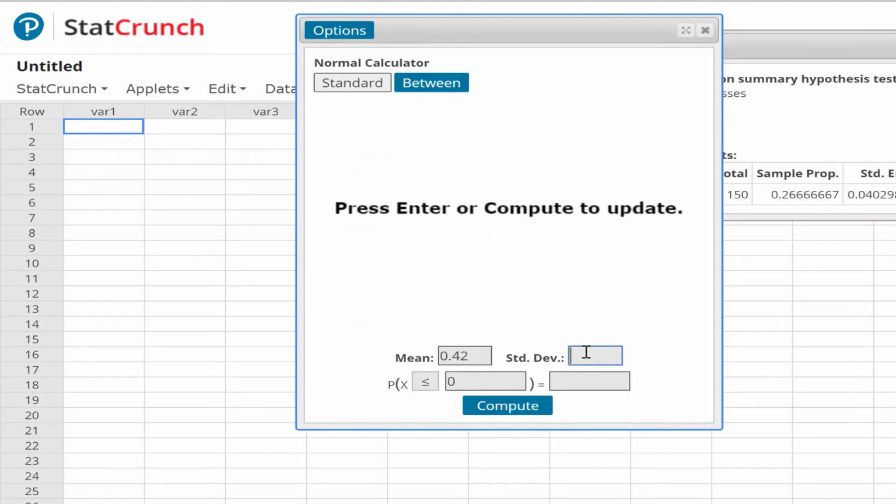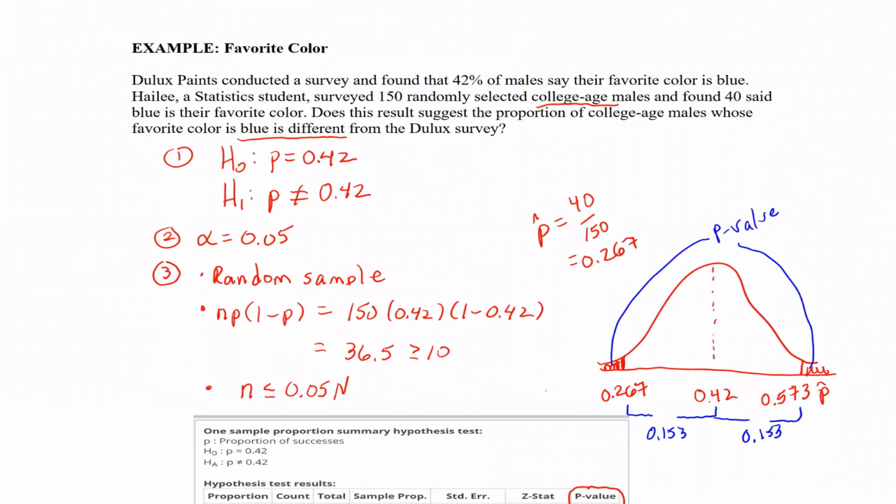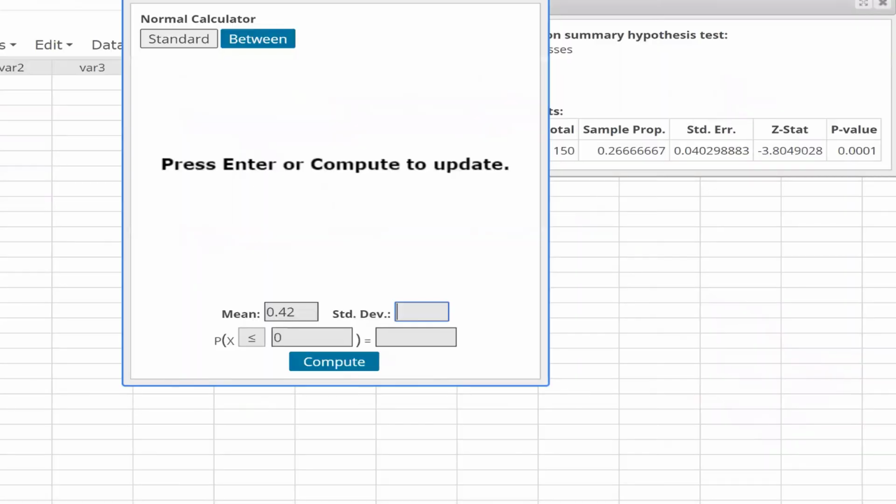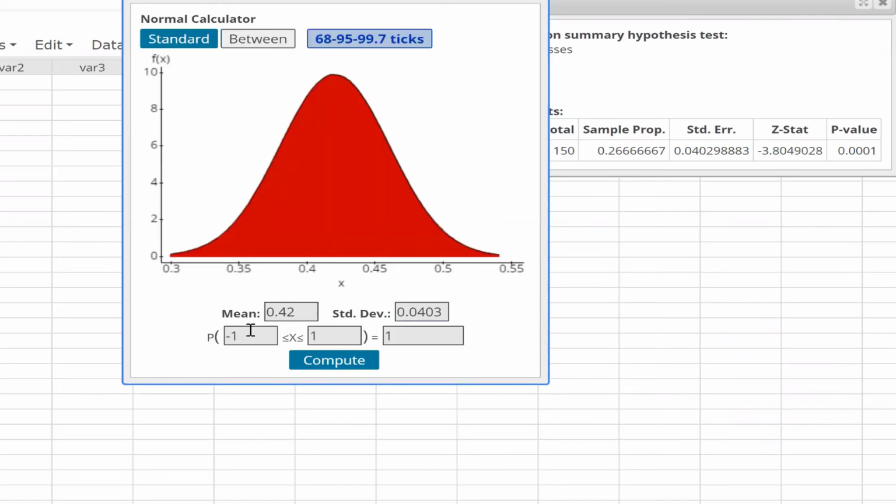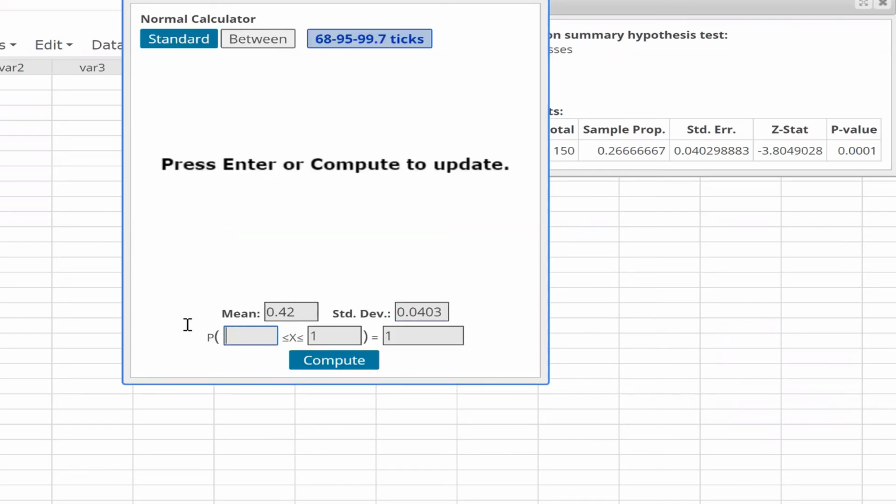Our standard deviation we know is 0.42 times 0.58, divide that by 150, and then take the square root, we get the standard error. That's going to be 0.0403. And then remember this between, we can find the area between that